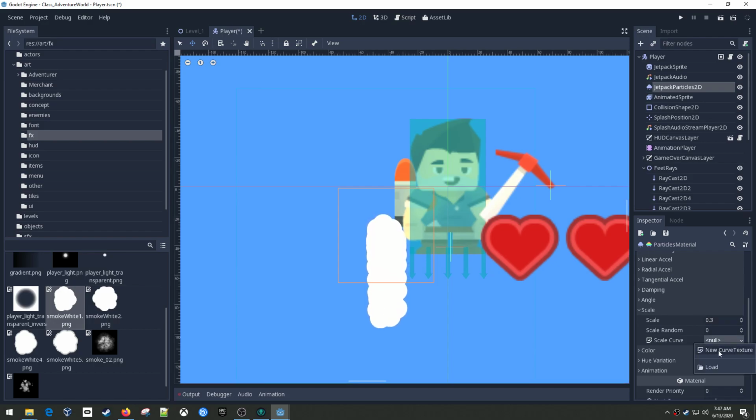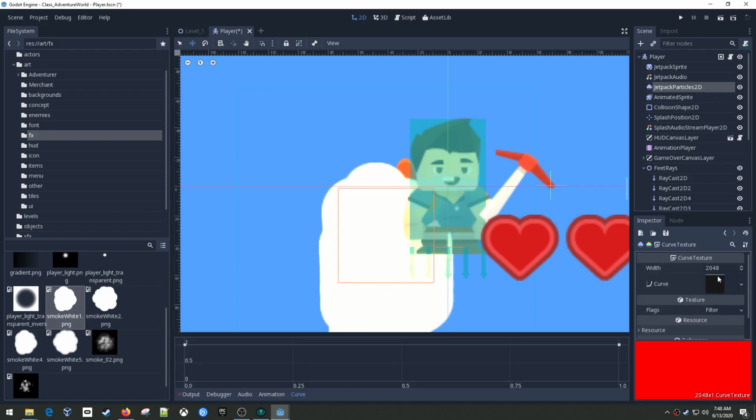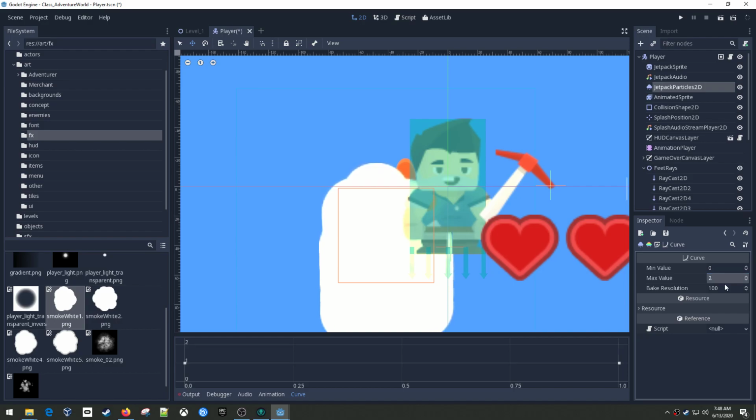We'll say new scale curve texture. Let's actually set this back to 1. And then we'll use the scale curve texture right here, okay? And what this does is it creates this image that allows us to, and you've got a min and max value. So this will be between 0 scale and scale of 1. So you'd need to adjust this to like 2 if you wanted to be able to make it larger than